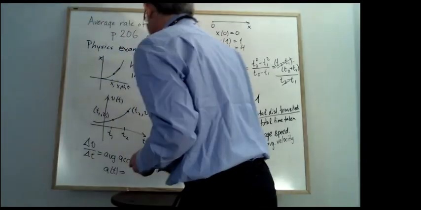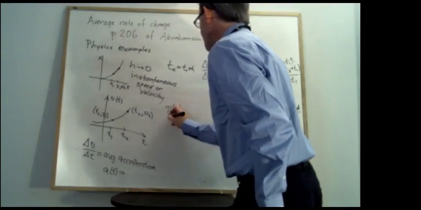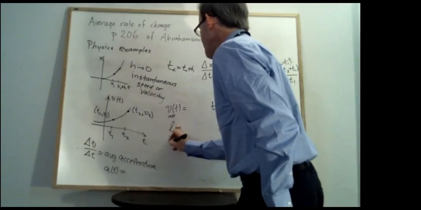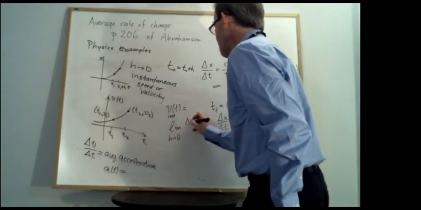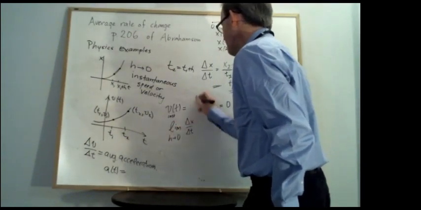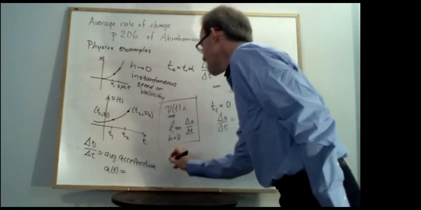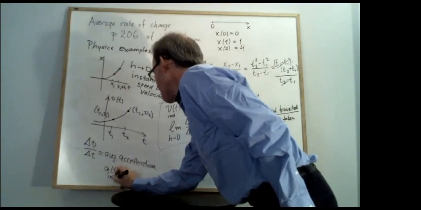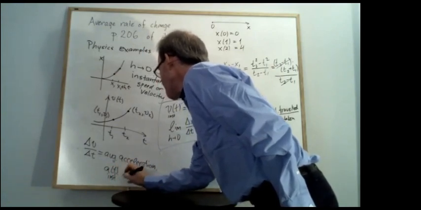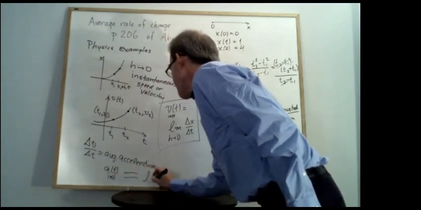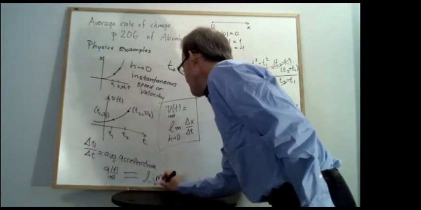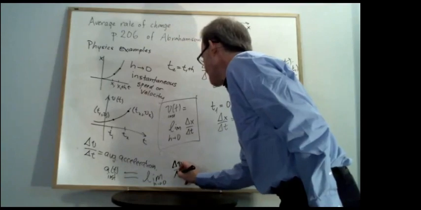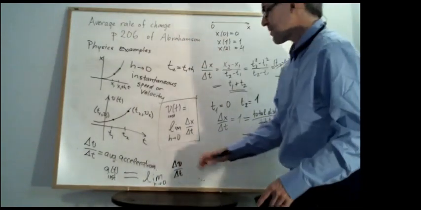Okay, so instantaneous velocity is, in some sense, the limit as h goes to 0 of delta x over delta t. Okay? And the instantaneous acceleration is the limit as h goes to 0 of delta v over delta t. And then you sort of stop there. Okay, I mean,